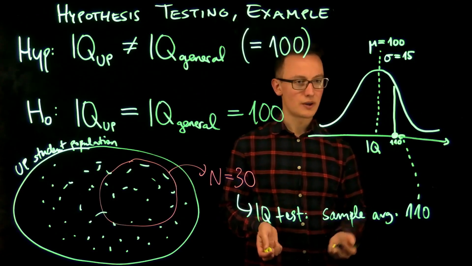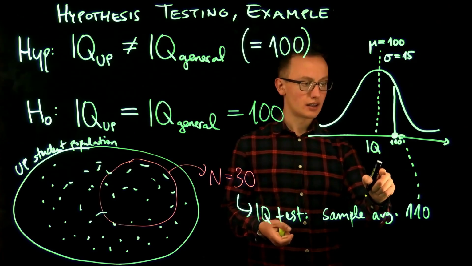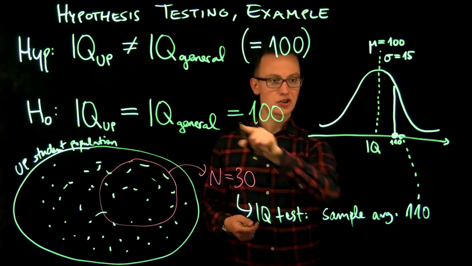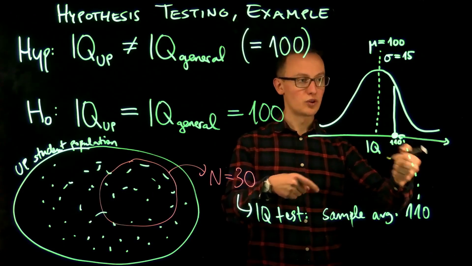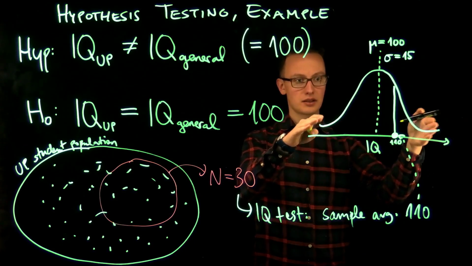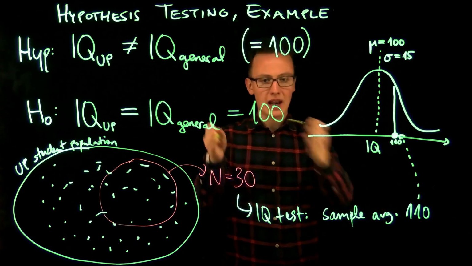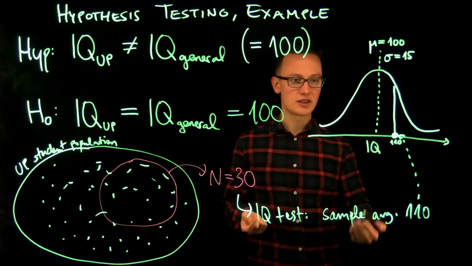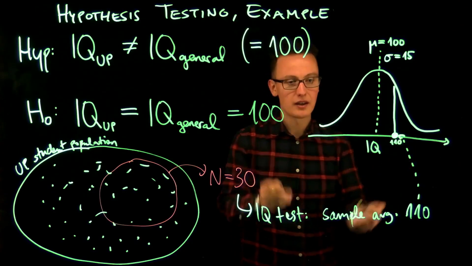And now we're asking the question, how likely is it to have obtained a data point like this under the assumption that the null hypothesis is true? So how likely is it that just by chance this data point was sampled out of this distribution, which is the distribution that is true according to the null hypothesis? If we think it's likely enough, plausible enough that the null hypothesis may have produced this data point, then there is really no good evidence to say that there is in fact a difference, and we cannot reject the null hypothesis, because the null hypothesis remains quite plausible, okay? But